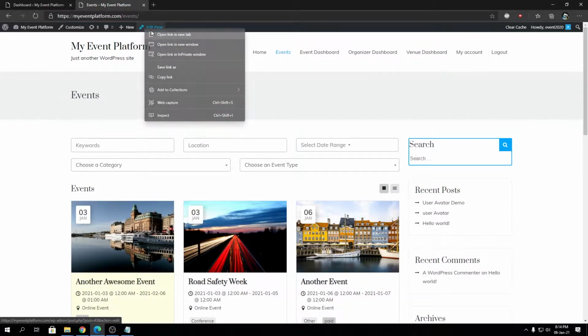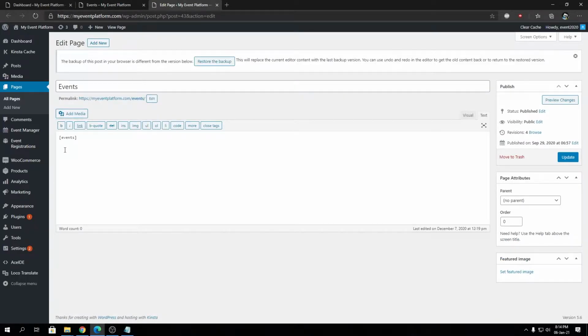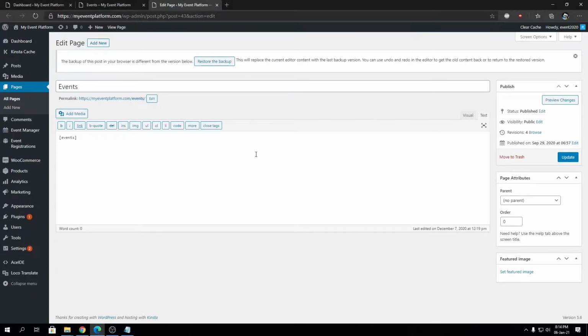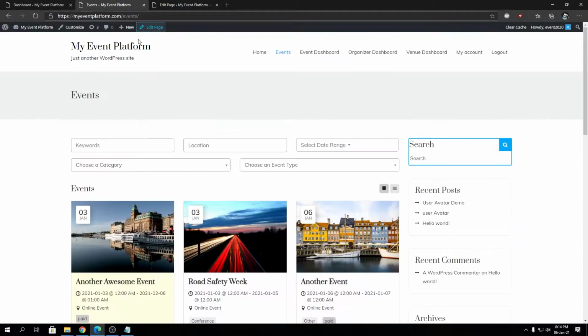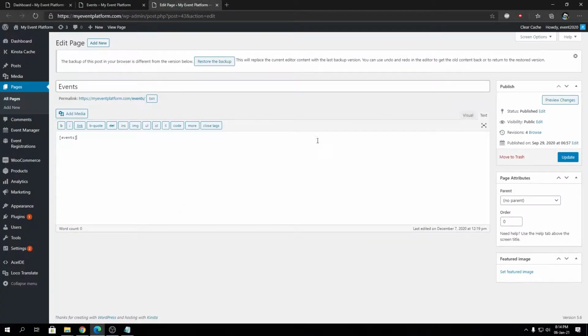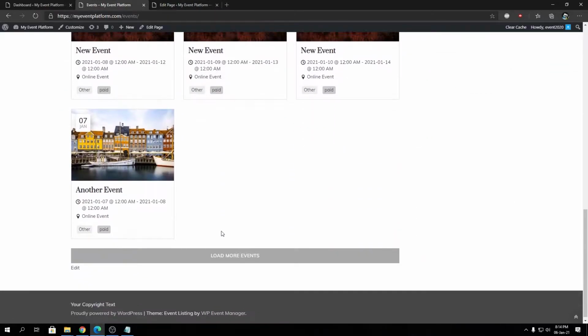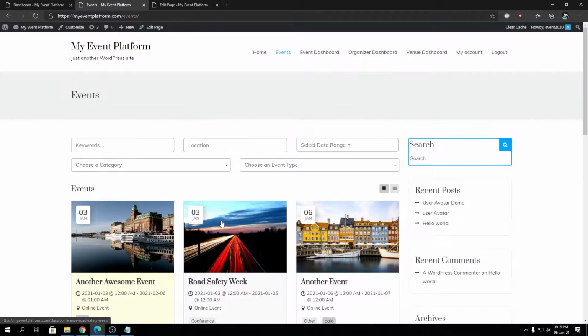Okay, so if we click on edit page in a new tab, you will see this page, all it has is one single shortcut called events. So that's how important it is and how functional it is. It displays an entire suite of event listing features using one single shortcut. This events shortcode has a lot of attributes that we can play with and customize our event listings page. So if you want to create your custom event listing page, you can design a page and then paste the shortcode. The entire layout you see over here will be exactly replicated into that page as well.